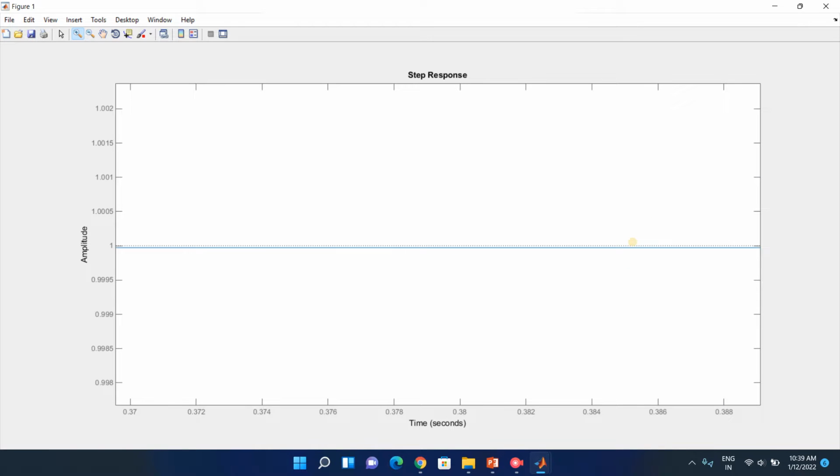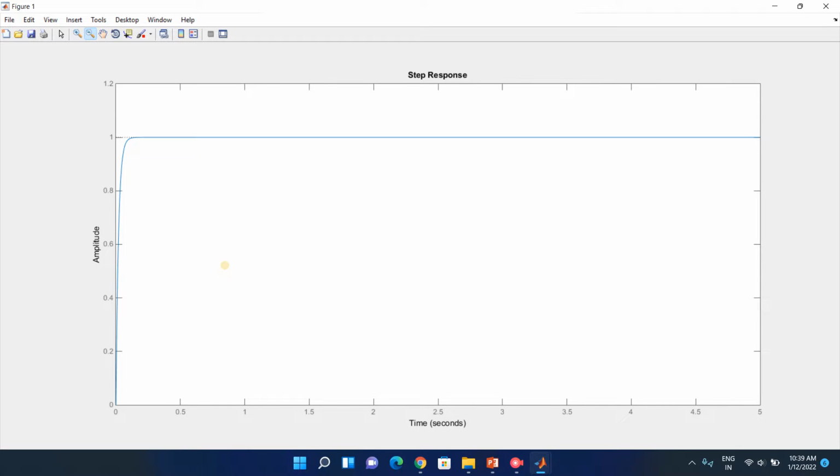Zoom now, you can see the error is almost gone. See 0.995, it is so high, so that means the error is almost gone, which means that the error which was there is totally eliminated. The steady state error is gone, because it is 0